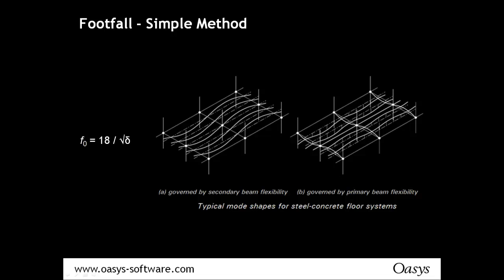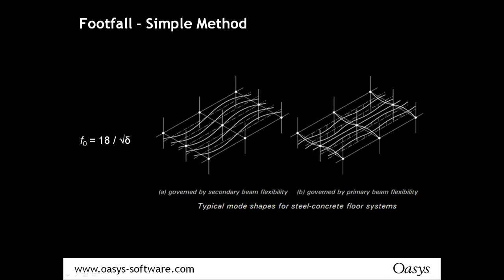Some of the guides have what we call a simple method for calculating the footfall response. So this is a hand calculation type thing where you take your structure, you equate it to a typical bay, as they indicate in the guide, calculate the deflection, and from the deflection you can work out the fundamental frequency, and then get an idea of the response. But it's only an idea. The accuracy of the simple method is very low,